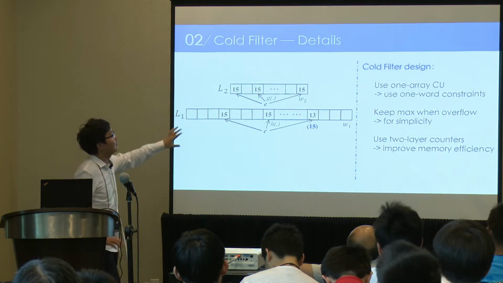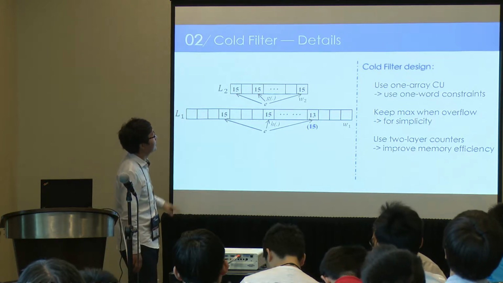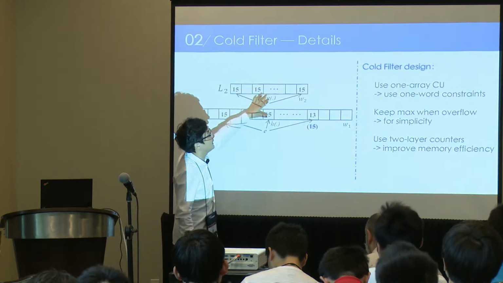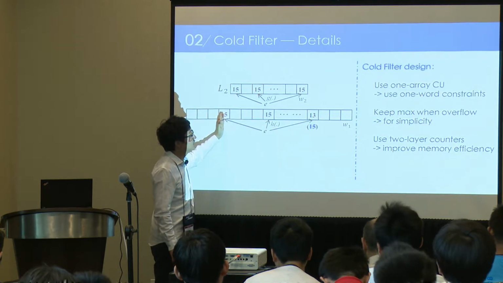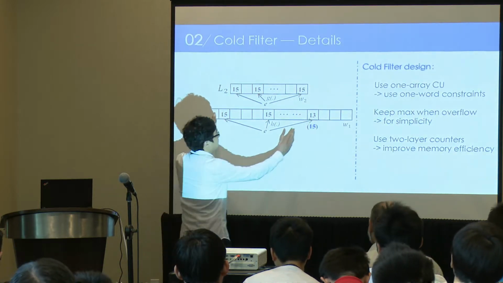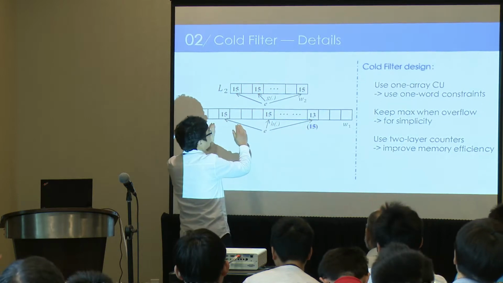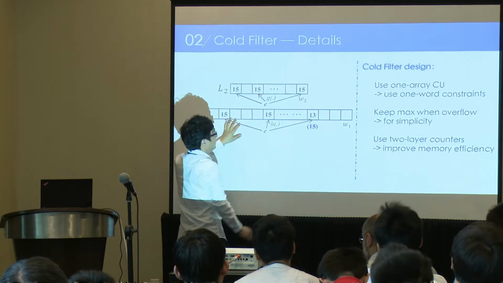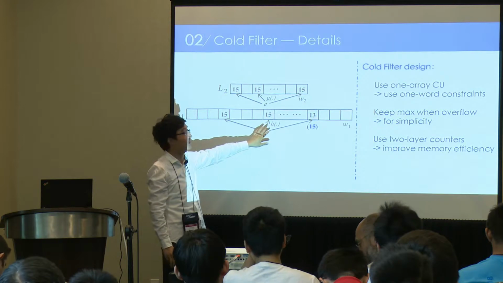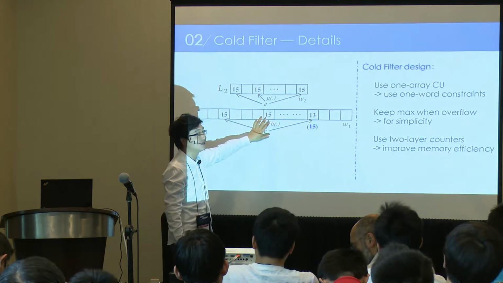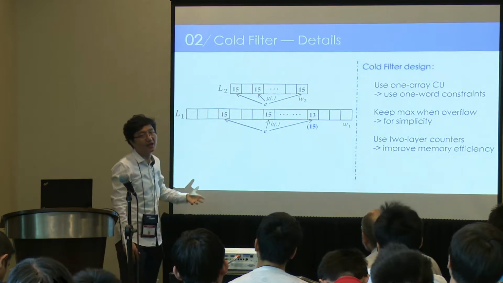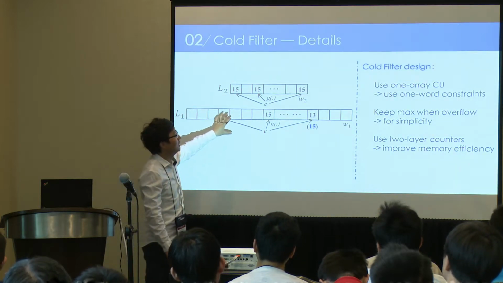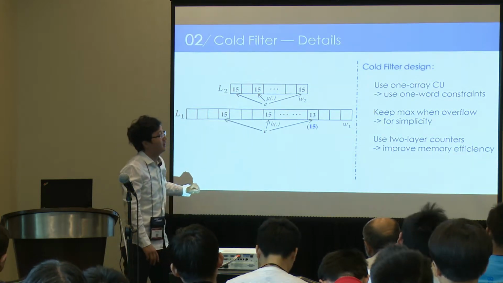And this is the data structure of our cold filter. We can just use two layers. Each layer is a CU sketch. To achieve high speed, we confine the key hash functions into one machine word because each counter can be very small, for example, only 4 bits. Actually, we can use one layer or two layers. We use two layers to achieve